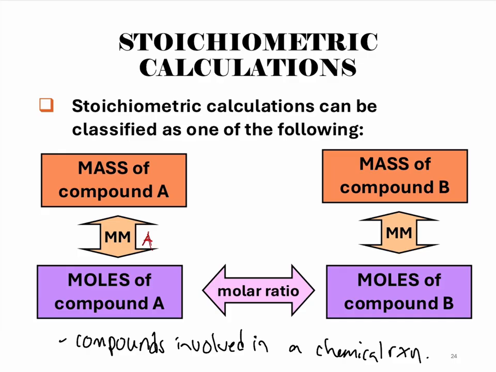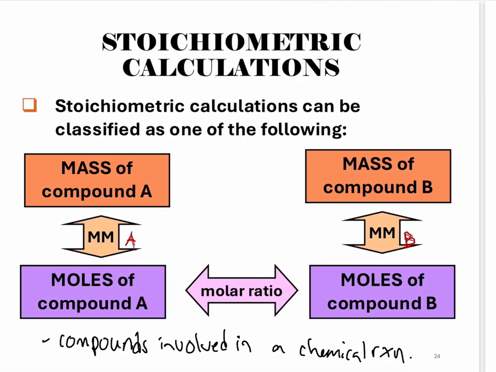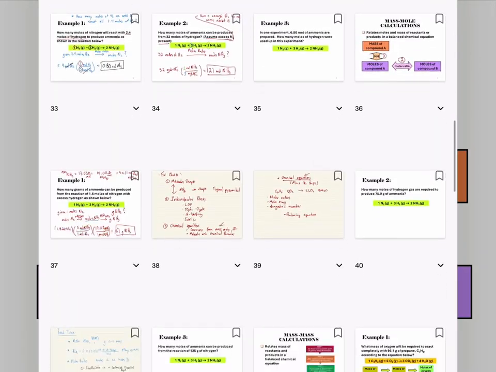This is the molar mass of A, because we need the molar mass of A to go from mass of that compound to moles of that compound. Where on the other side, we're using the molar mass of whatever compound B is. Right, and that's because there's not a one-to-one mass to mass relationship, because elements weigh differently than other elements. Okay, so those were our charts. So let's start off